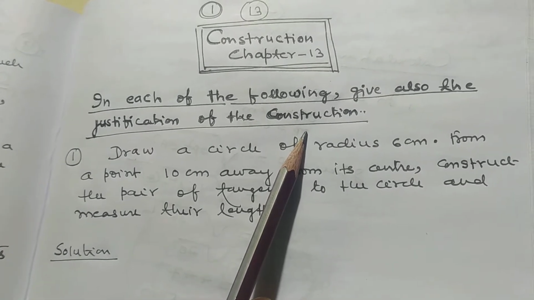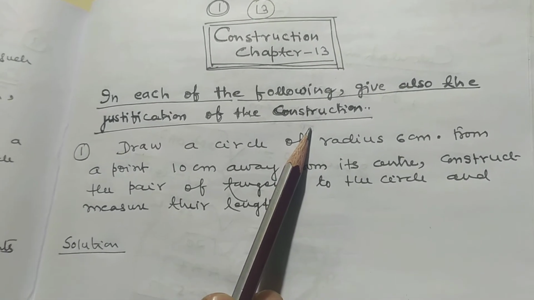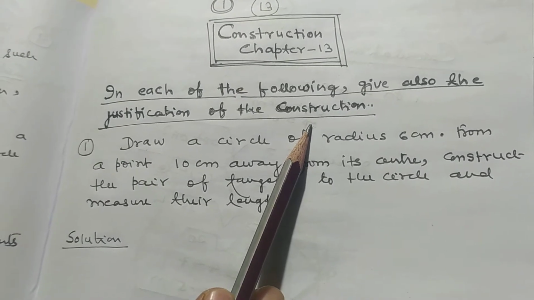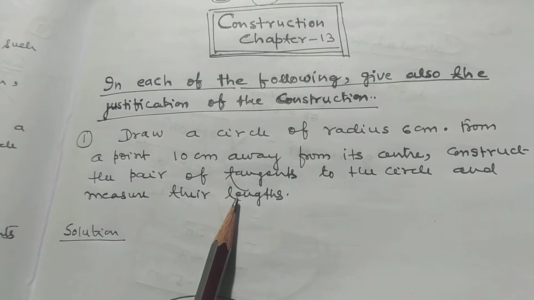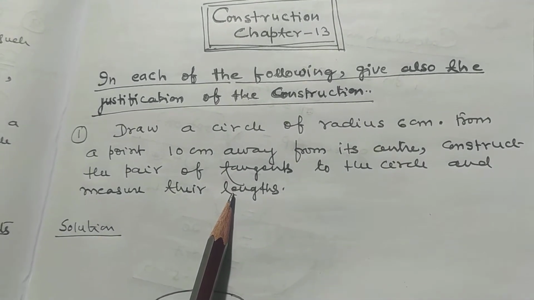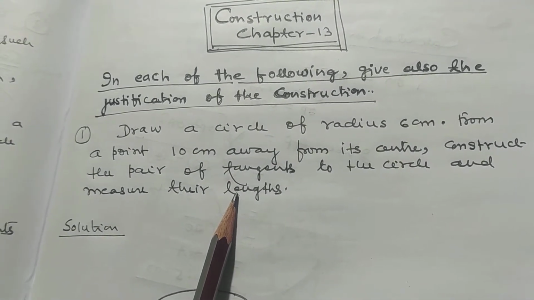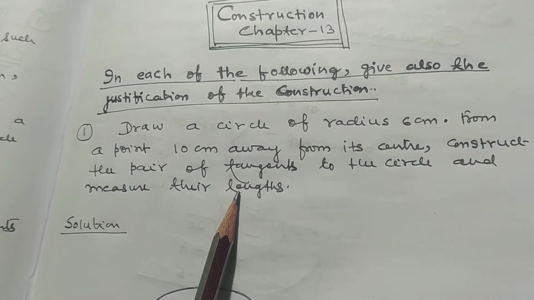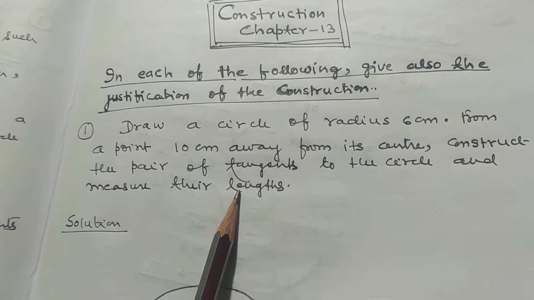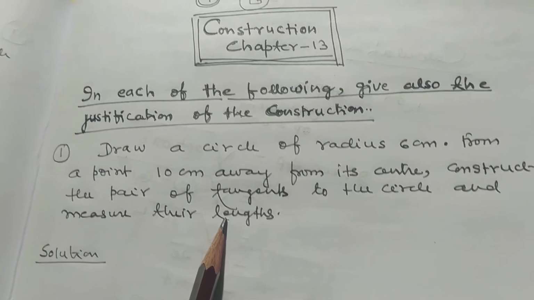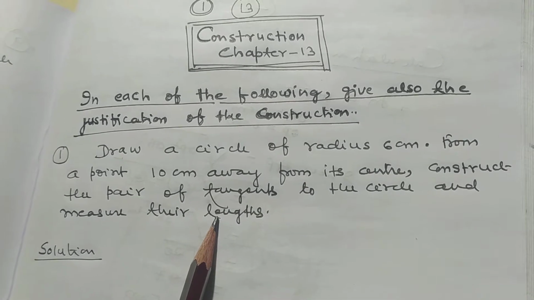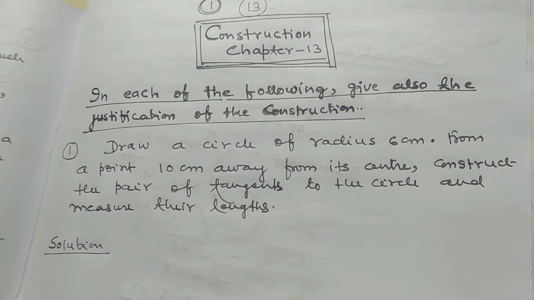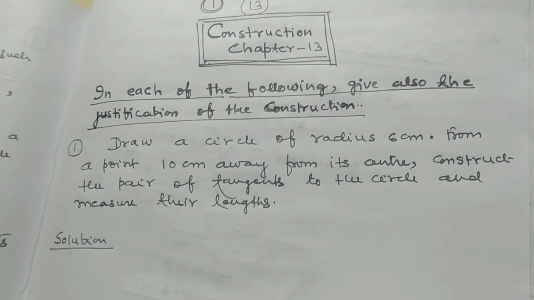मतलब NCERT में 5-6 सवाल है. There are 5 or 6 problems in NCERT, and we have already solved almost all the problems. And in circle you have to draw tangents from external point to the circle. यही चीज़ सीखना है. इसी को different type you have to solve, you have to construct.